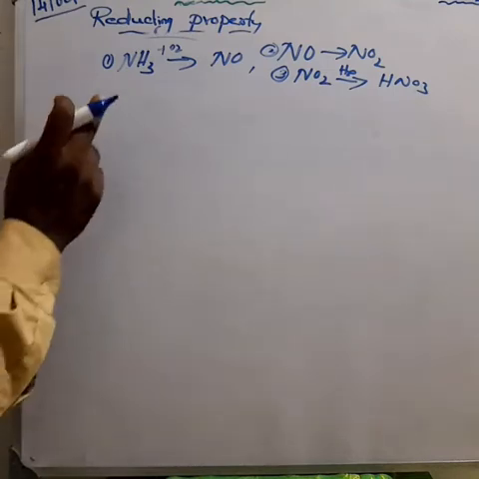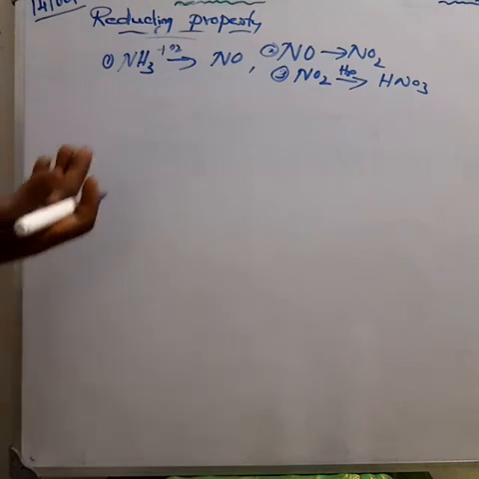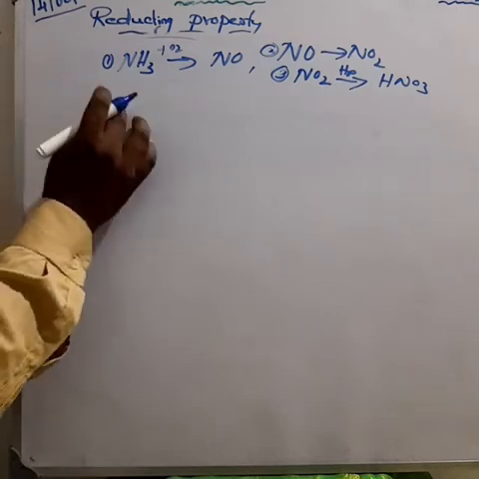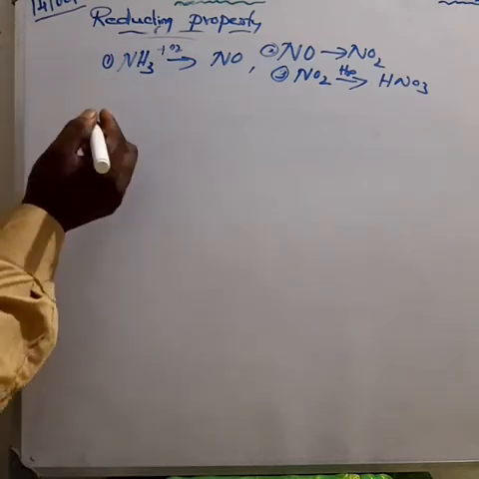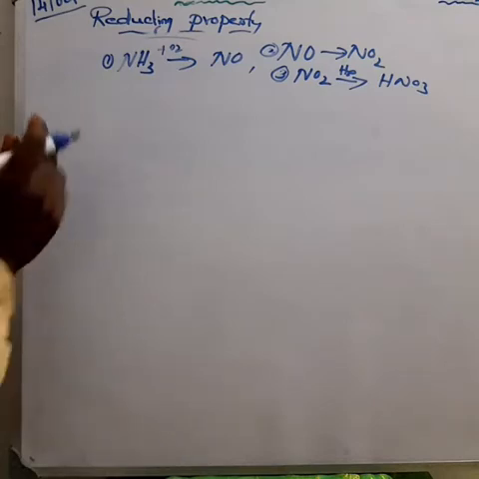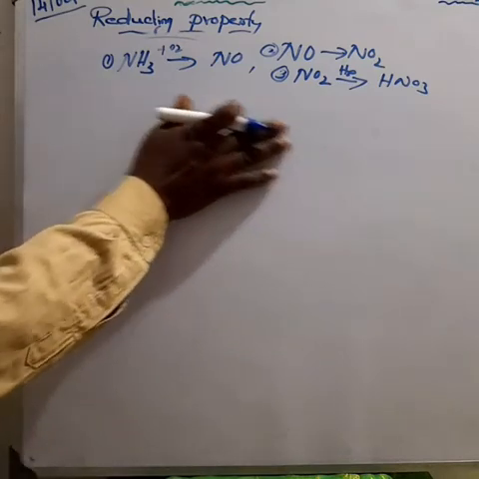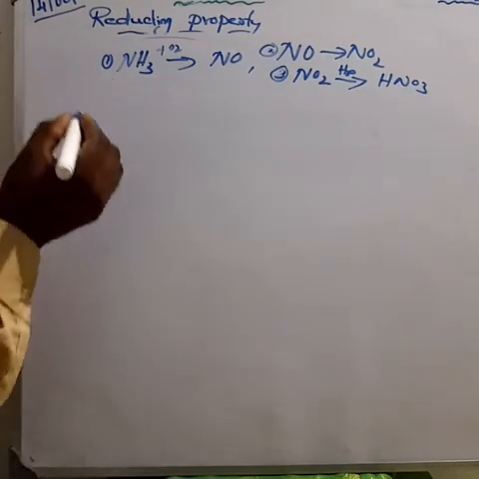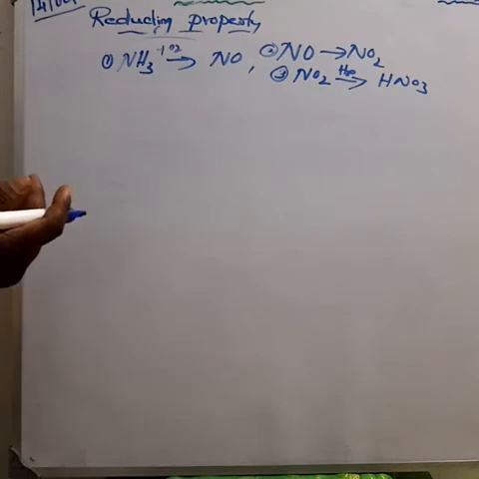We know that nitric acid is prepared on a large scale using the Ostwald process. What does the Ostwald process mean? The large scale preparation. Ostwald is one of the great scientists, okay? Preparation of nitric acid. Ostwald process, again, there is one more reaction, the manufacture of sulfur trioxide, that also has it.